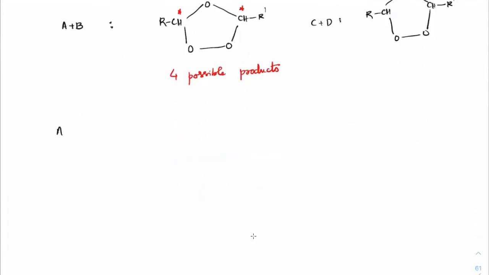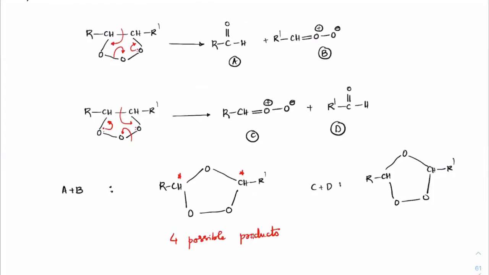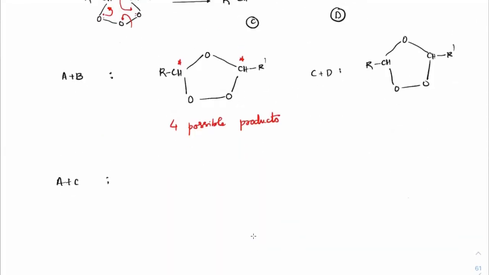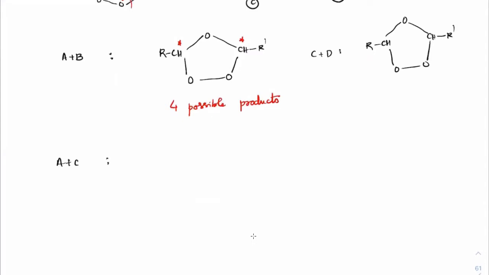Next. If you see the next combination, it is about A plus C combination. Suppose if at all I combine A plus C, what do we get? Here you can see, make this as the head of the hut and these two as the base of the hut and combine these two. So we would typically get this as RCHO with CHR only. Here also it will be R only with O, O and O. This is the combination I would have. So let me write it neatly this way.